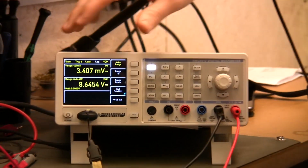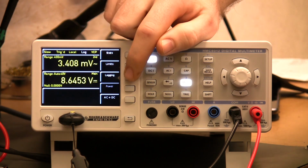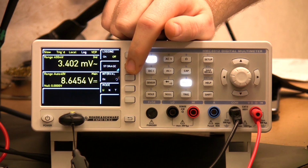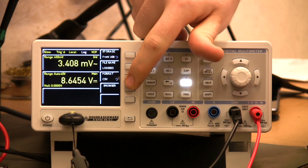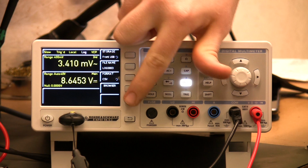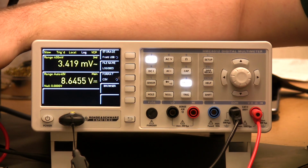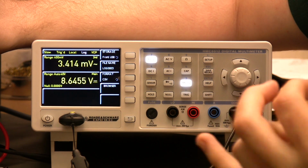So you've got a couple of measurements going on here. All I have to do is go into the measure menu, into logging. So we can select where we're storing our measurements to. In this case, we're storing it to front USB. And format, CSV. It's really nice that you're using a standard format for these. The format gives you either CSV or text. So this means when you're opening it up on the computer, you can open it directly with a text editor